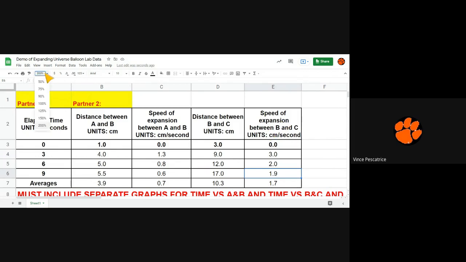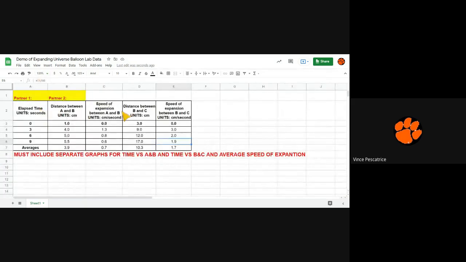So when you do this, you should have your data table filled in now. All right, should look something like this, nice and neat. So what you're gonna be doing now is I want a graph showing me the speed and the time. So how does the expansion, the speed that these objects are expanding, change the more time you pump into the balloon? And that's supposed to simulate the universe's expansion, how these objects are speeding apart from each